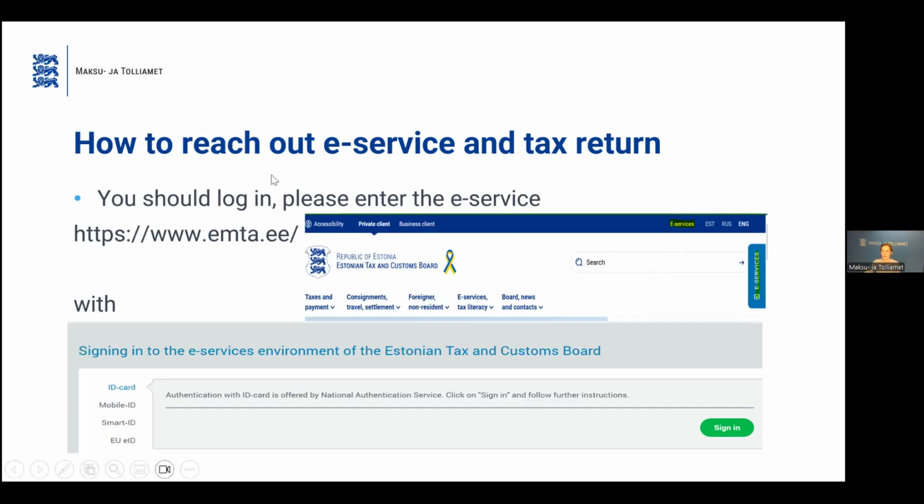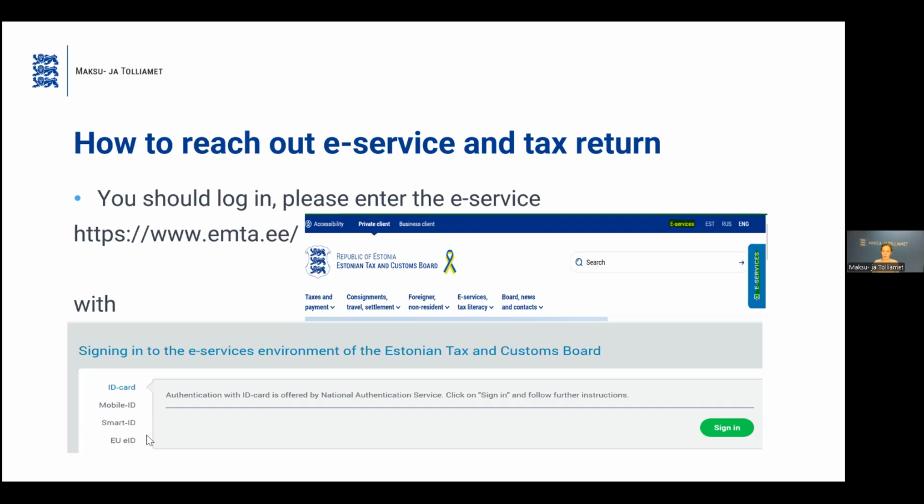But you can log into our e-service only if you have the Estonian ID card or a mobile ID or Smart ID, and electronic ID cards of some European Union countries may also be used in order to log in to our e-service.